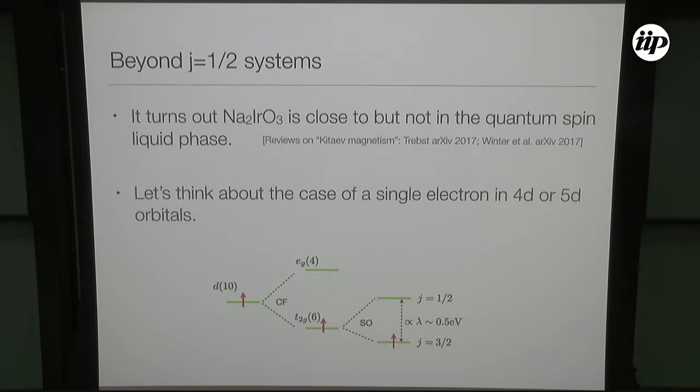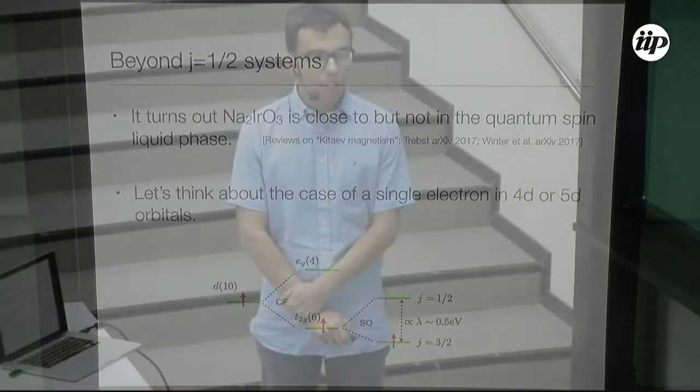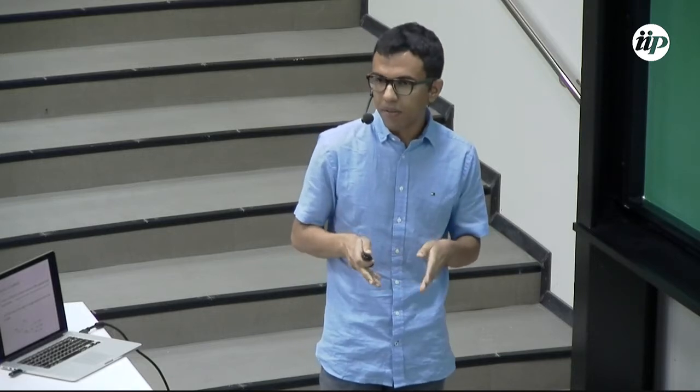Well, then we can go back and ask if this kind of Kitaev model is realized in nature. It turns out that people started thinking about the case of sodium iridate. And the true story is that sodium iridate is, of course, not just the Kitaev model, but Kitaev plus perturbations. And it turns out the perturbations take you out of the spin liquid phase. The sodium iridate falls into an ordered phase. There is some kind of a zigzag pattern. So that's unfortunate that nature didn't put this material in the correct point for us to find a quantum spin liquid yet.